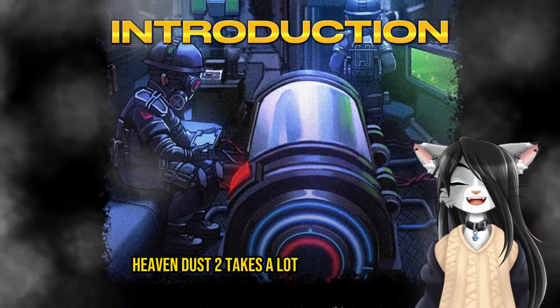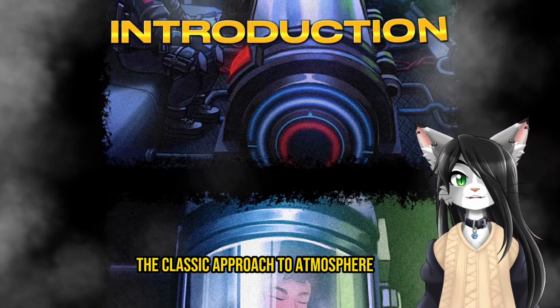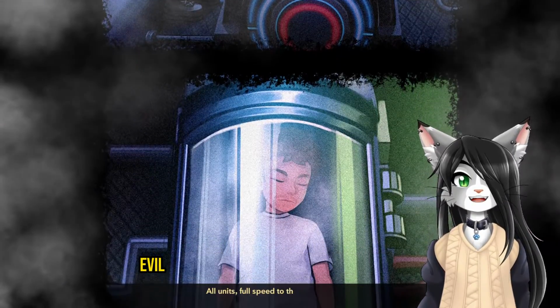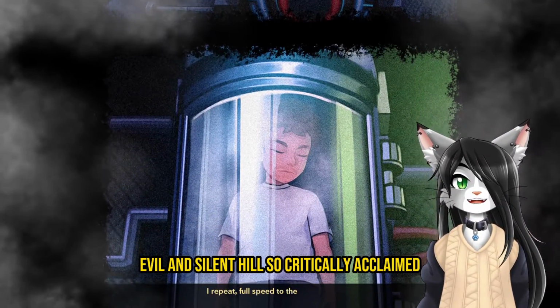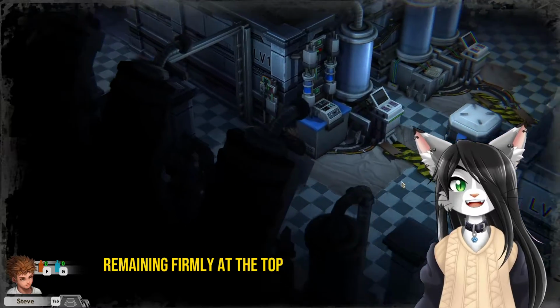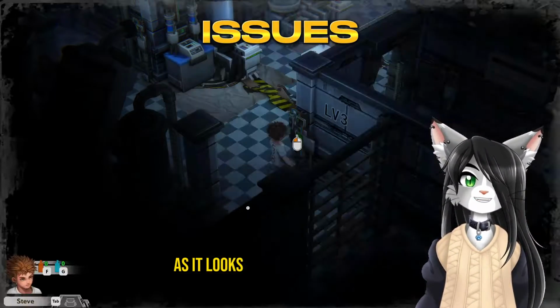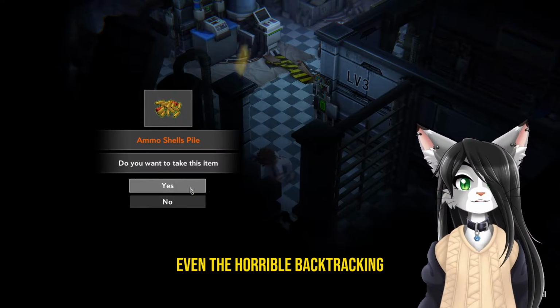Heaven's Dust 2 takes a lot of inspiration from the classic approach to atmospheric horror, incorporating a lot of characteristics that made games like Resident Evil and Silent Hill so critically acclaimed, even to this day, remaining firmly at the top of the list of atmospheric survival horror. But I'm afraid that it does it too well, as it looks to imitate everything, even the horrible backtracking and